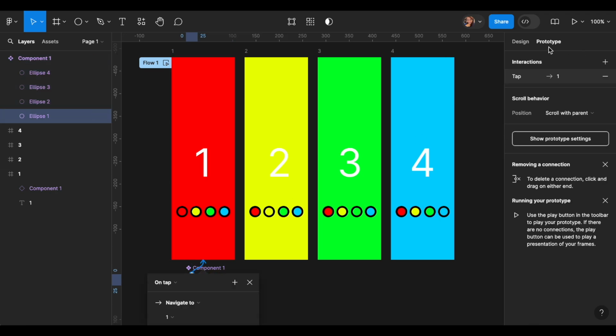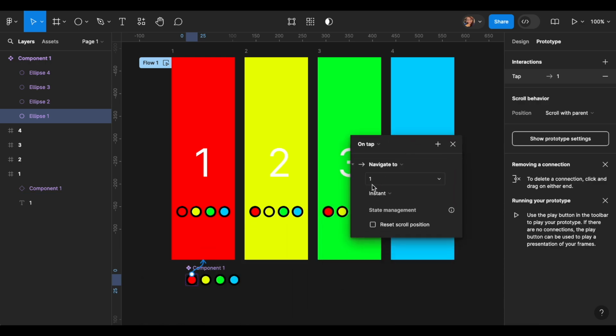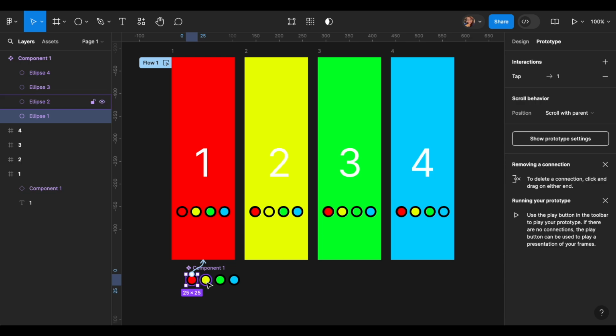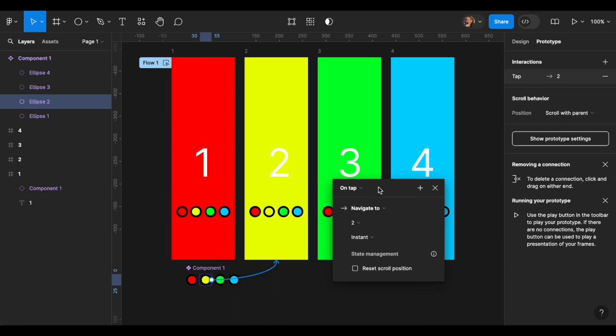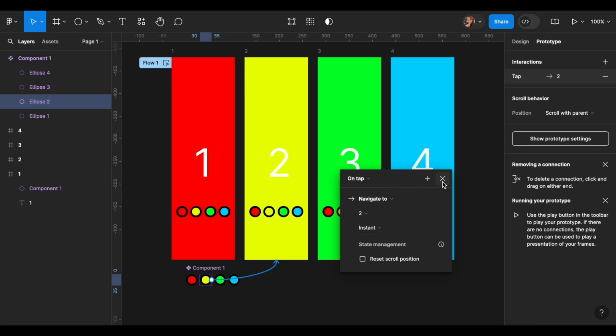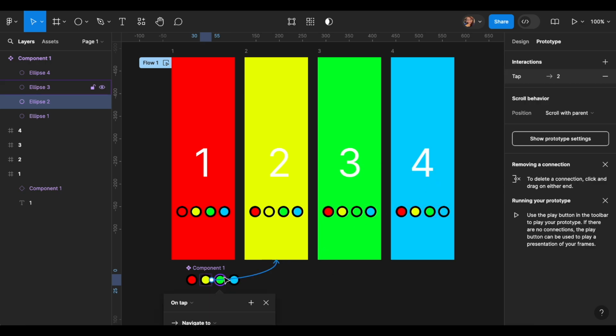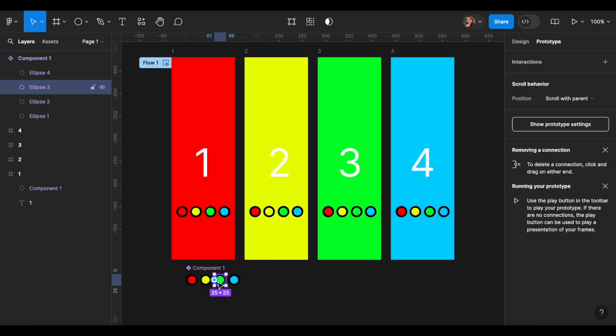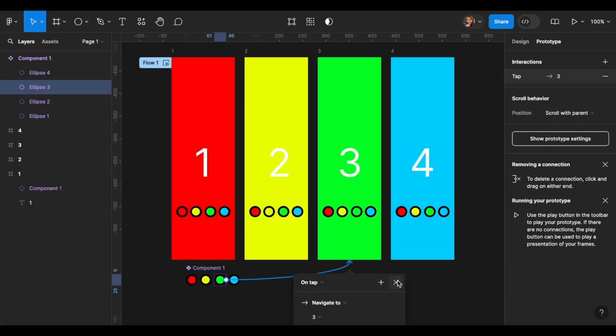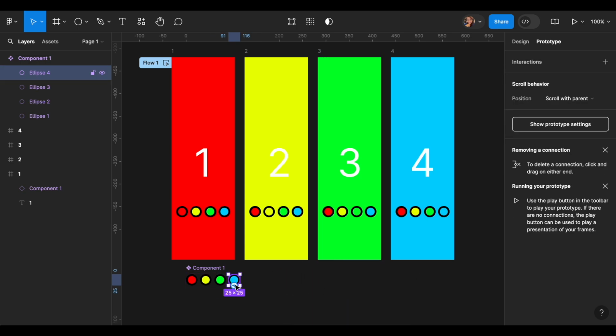So you can see on the screen that I am connecting all the navigation links one by one with the screens. So red I will link with red, and then yellow with yellow, and this linking is done only on the component that is the main component, not on the navigation component part that is placed on the screen. So here I have finally managed to connect these four.